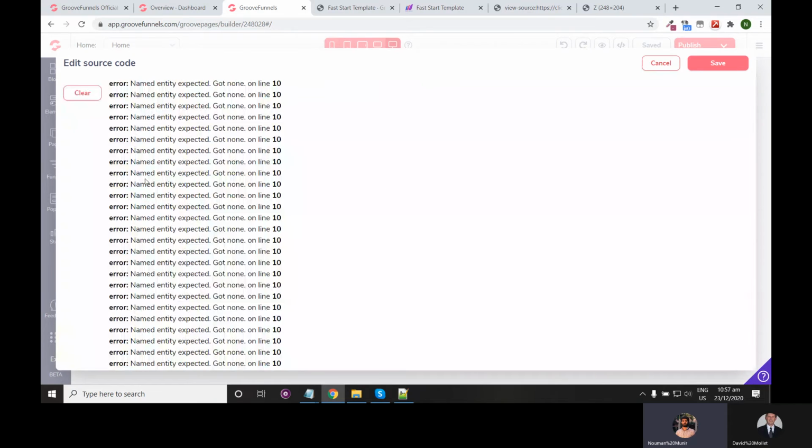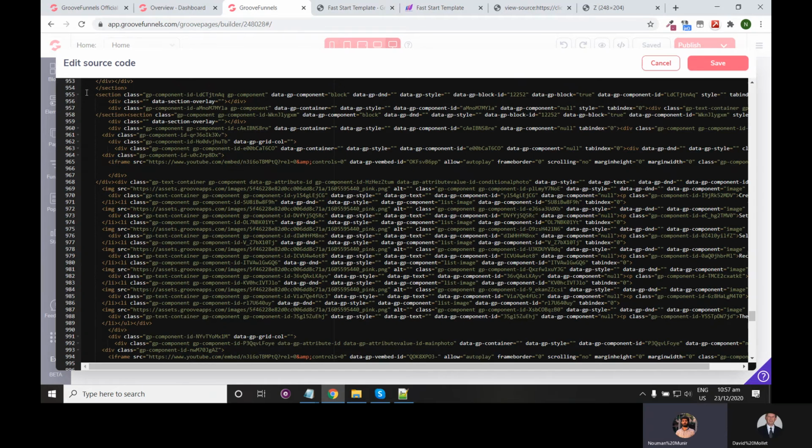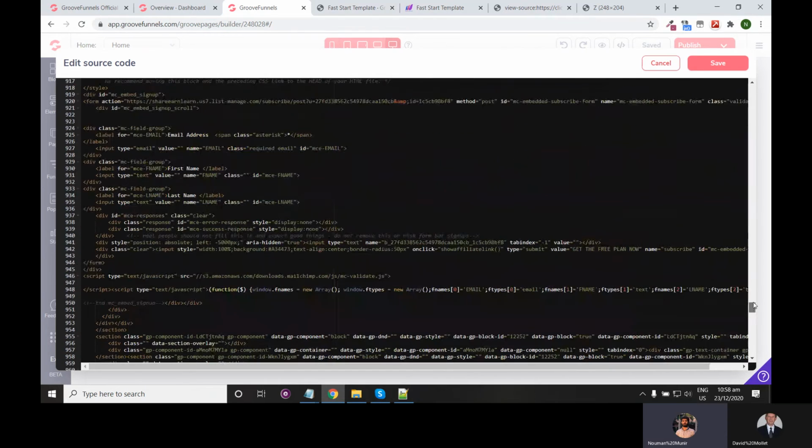All right, so this error is going to appear often, but it's not something that you should be worried about. It's just a bug. As you know, GrooveFunnels is currently in beta, so you just have to click clear. And it will go away. It might come again later. No matter how many times it comes, you just have to press clear. That's it. And now you have to scroll all the way up